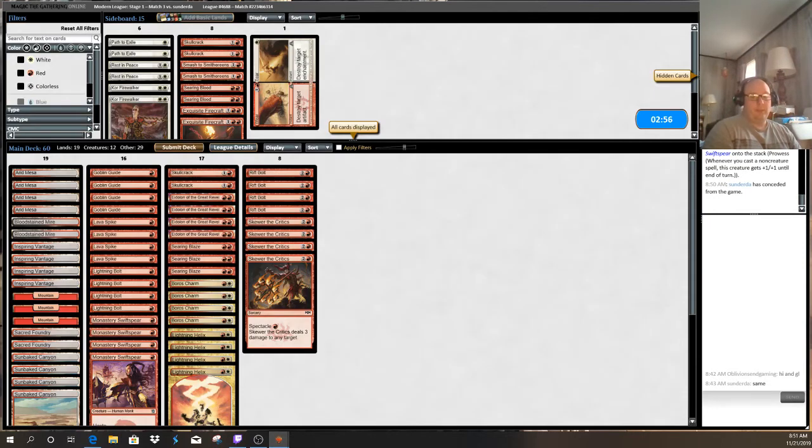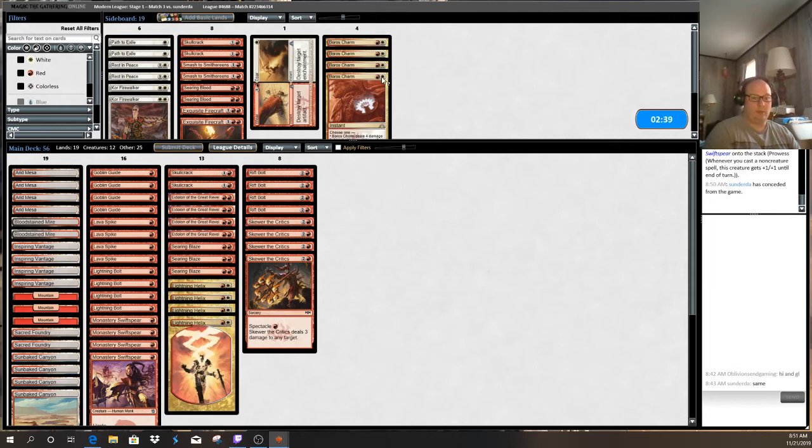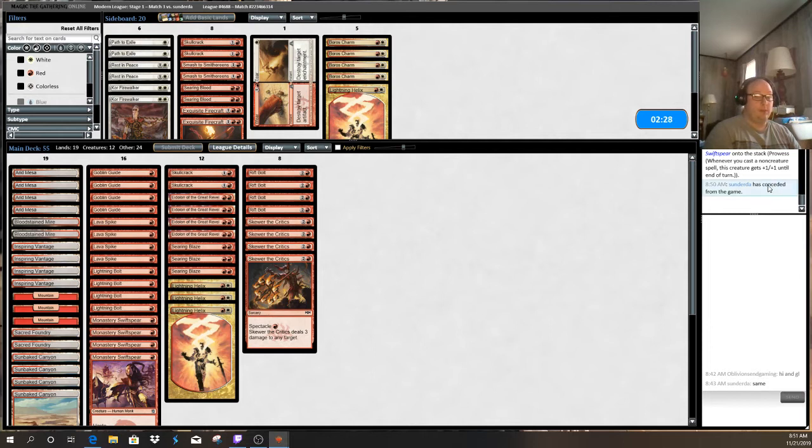Alright. So, we're sideboarding against good old Oko. Board out the 4 Boros Charms and a copy of Lightning Helix. We're not sure if they have Golden Goose in their deck. It's unlikely with Thopter Sword, but it is possible, I suppose. So, I'm going to board...